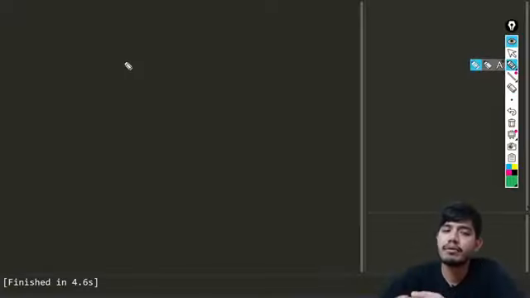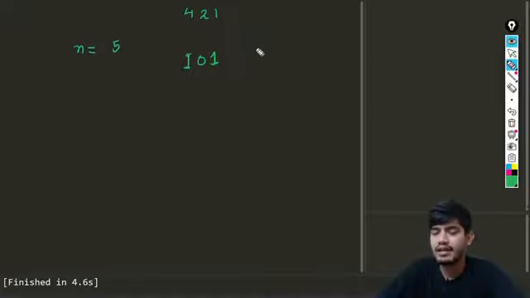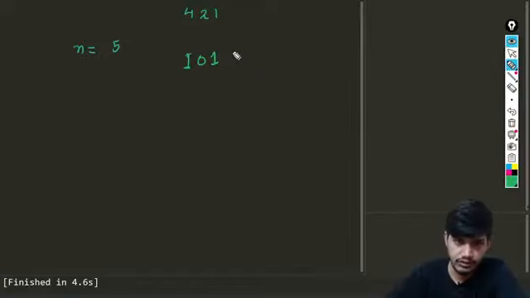Basically, if we are given a number, suppose let us consider that number as n equals 5, and in binary representation this is nothing but 101, right? We have already seen yesterday how we can represent all these things. Suppose my task is that I just want to set the kth bit. Yesterday we saw how we can check if the kth bit is set or not. Today we want to set the kth bit. So let us take the example.